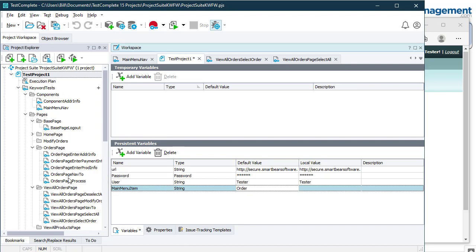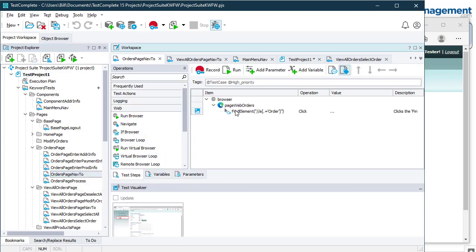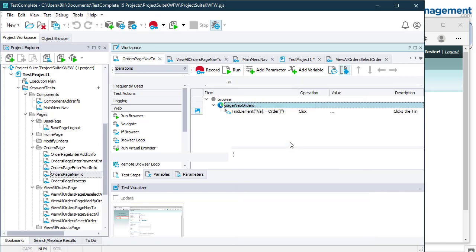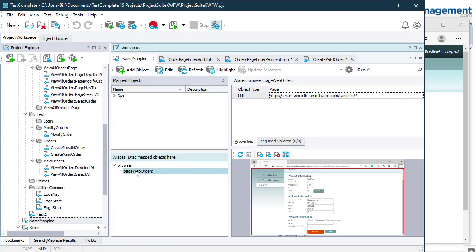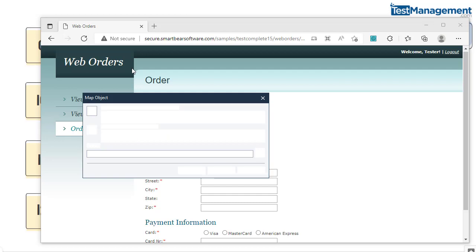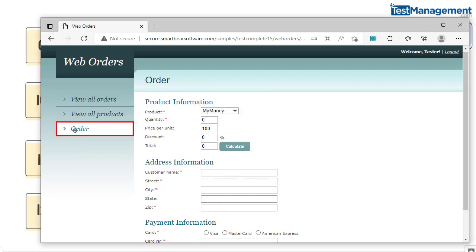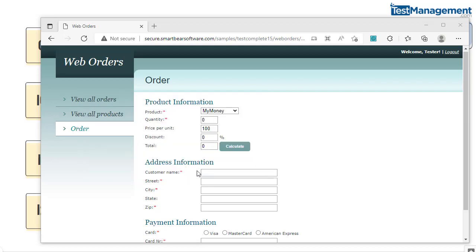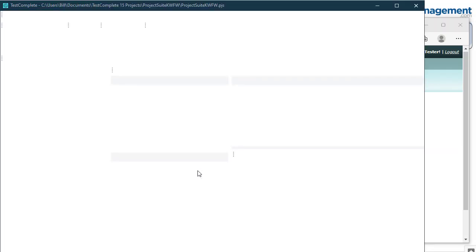So when we look at our nav to function here, you'll see we've got the web page orders, and if we highlight that in the name map, we've got the web page orders. So we need to add a menu, another child object to this page object that we've defined here. So I'm going to add an object, and map that object. I'm going to use the crosshair to highlight the order menu item object, and then click on OK. And you'll see that TestComplete has added a child object to the name map,